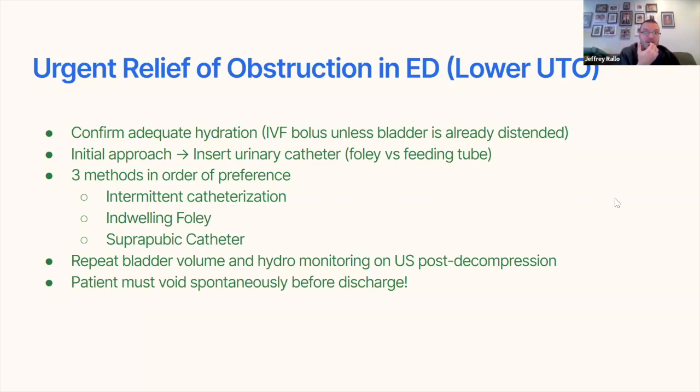But if they are having a distended bladder with urinary obstruction, put a Foley in versus a feeding tube. Now, they prefer intermittent catheterization at first rather than putting an indwelling Foley, mostly due to infection risk, but mostly due to once you have the Foley in, you then have to take it out and prove yourself. If you do intermittent catheterization, you decompress the bladder, and then you take the catheter out and you're already to the point of proving that the patient can spontaneously urinate, which you need to do prior to discharge. It's helpful with bedside ultrasound to compare bladder size and level of hydro before and after decompressing the bladder.